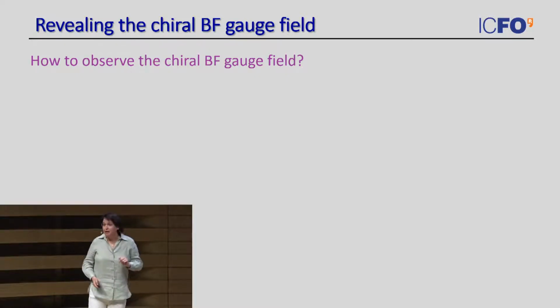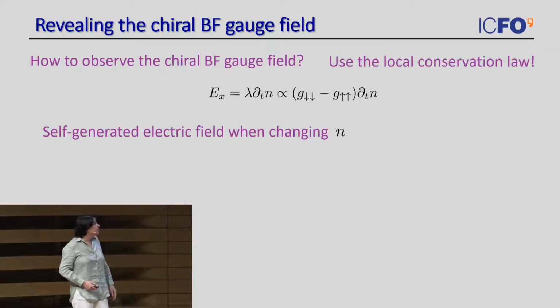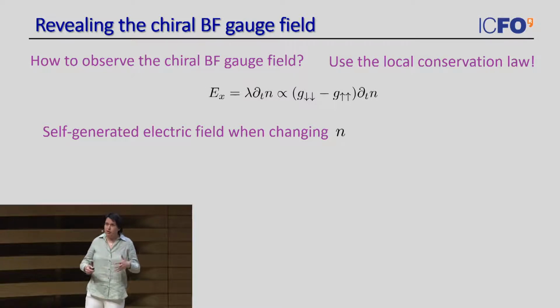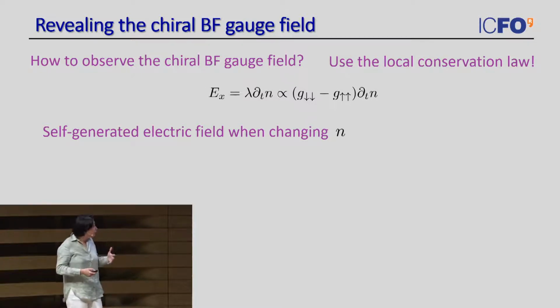But thankfully enough, this is not true, and there is a trick that you can use that we learned from the trapped ion experiments, which is that you can use the local conservation law again that gives you the relation between the electric field and the matter density, and by doing measurements on the matter density, then you can reconstruct what the electric field is. And this is exactly what they do in the Schwinger model experiments to get their electric fields.